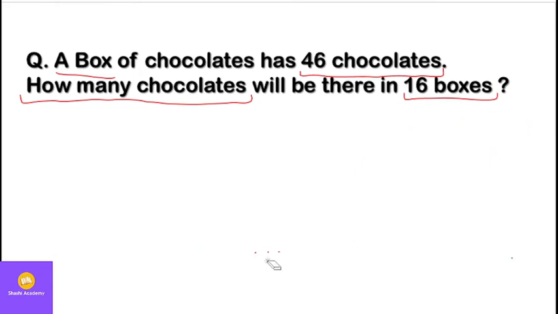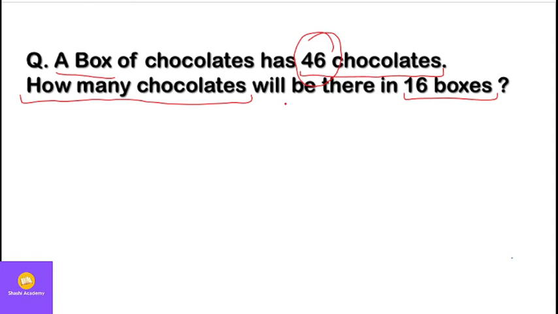First of all, I told you that you have to understand the question. Okay, fine. After understanding the question, I told you second step was you have to ask yourself that what is given to me in the question. So I said there was one box which has 46 chocolates, this was given to me. Also, what you have to ask yourself, what is this 46 chocolates? Is it showing me cost of something? Is it showing me a price of something? Is it showing me some time? Is it representing some number? So here this 46 chocolates is representing a number.